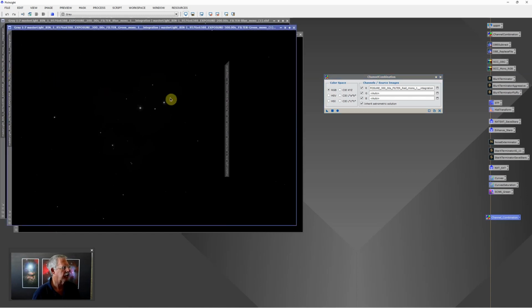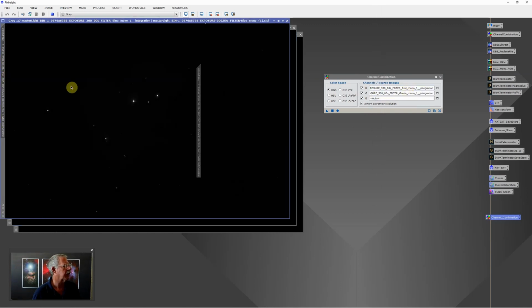I can drag this over and watch when I hold it over the folder here. This is the green. So now we can just drop it in place. I can grab the blue, drop it in place, and now we have our red, green, and blue views selected